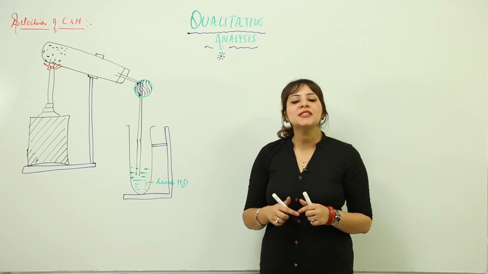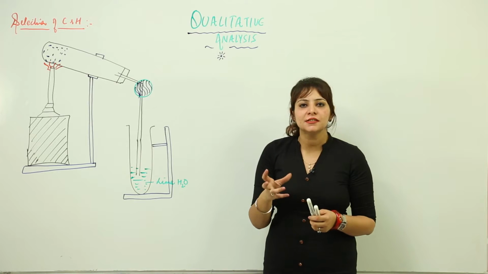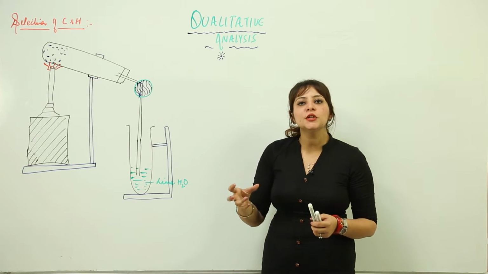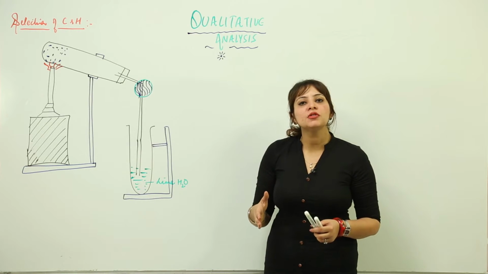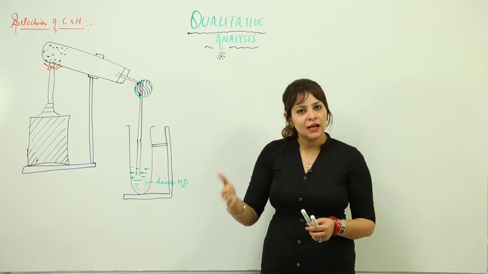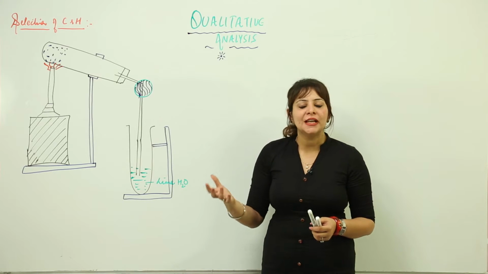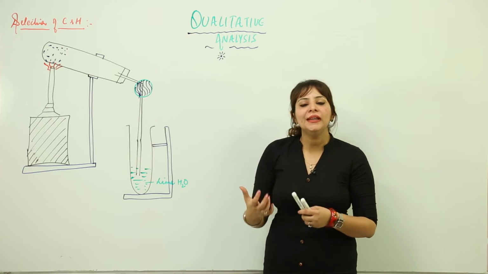So now we are going to start with the qualitative analysis, in which we will be detecting certain atoms, or you can say the components which are present in organic compounds. As we all know, organic compounds are generally formed of carbon, and the basic category is the hydrocarbon. Along with that we can see many other atoms like nitrogen, oxygen, and sulfur, which may also be present in traces. So we will be just doing their detection.